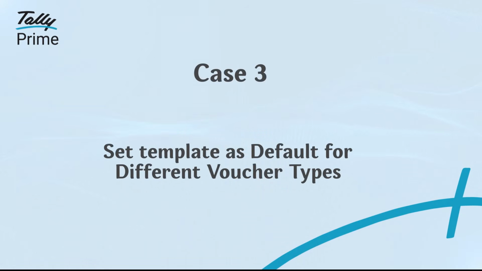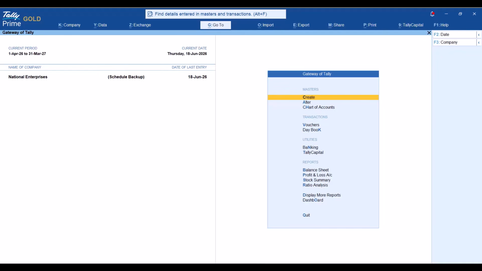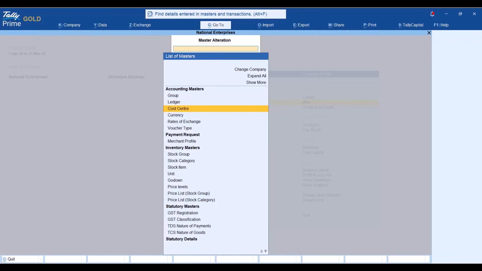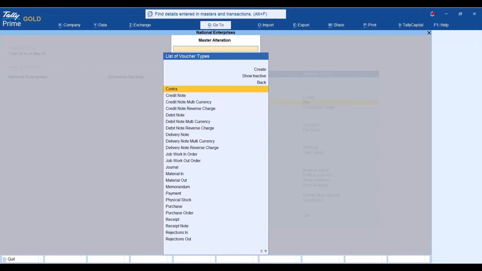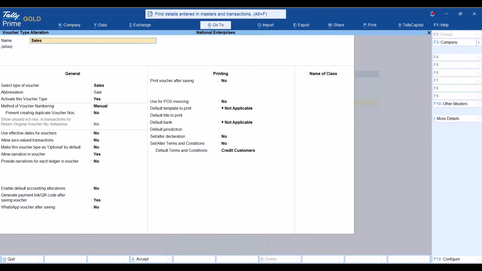Now, let's see how to set a template as default for a particular voucher type. In TallyPrime, you can select a different template as default for each voucher type. Open the particular voucher type for which you want to set the template as default in alteration mode.